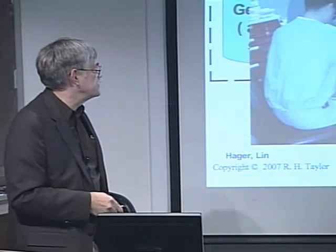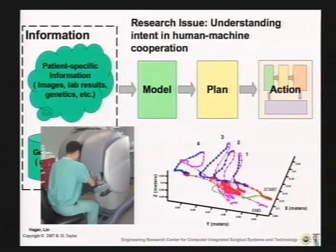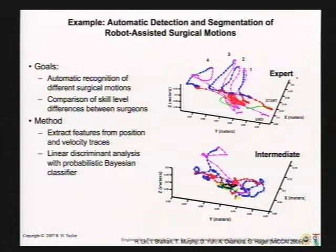There's several groups around the country. This is primarily the work of Greg Hager, where what he's trying to do is develop what he calls the language of surgery by either using the Da Vinci robot or more recently just visually tracking surgical instruments to automatically segment the motions. This is a fourth-throw suture by an expert heart surgeon. And there are a lot of uses for this, including you can use it as an assessment vehicle in things